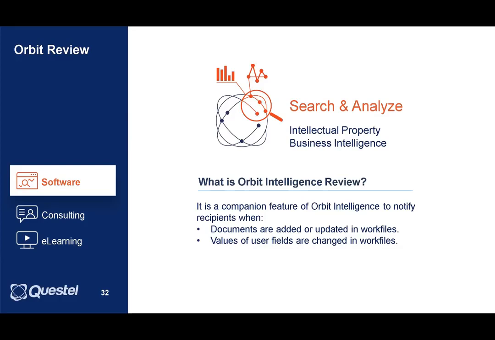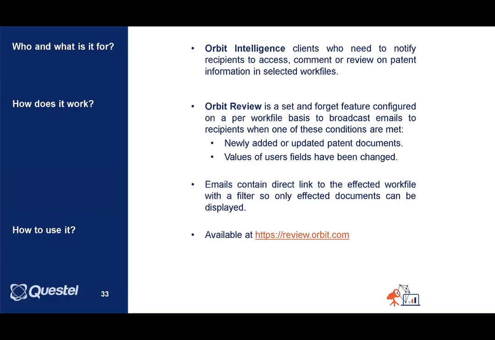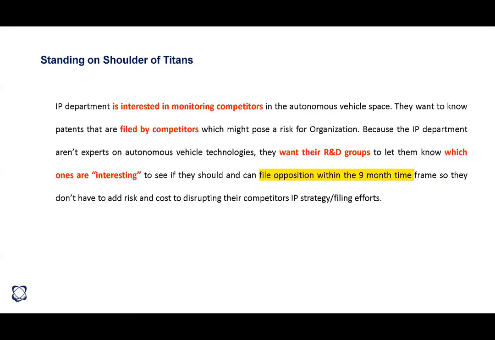They click on it, and whenever a change is made for a particular indication, a mail is sent to you, and you will be able to identify that the review has been completed for a work file and you need to take a specific action. For example, many organizations use this system to find and monitor their competitors' patents,